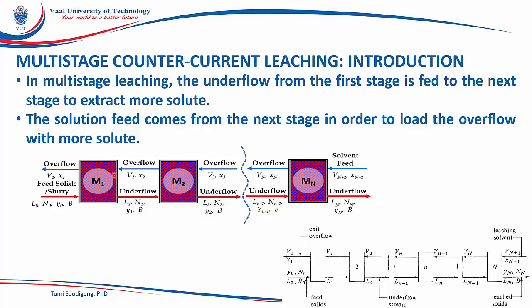The operating principle of countercurrent multi-stage operation is to maximize extraction potential across the stages by contacting the exhausted underflow with fresh solvent, and at the same time contacting the loaded solvent with fresh solids. This is the same operating principle that is used in optimizing the driving temperature difference in countercurrent heat exchangers. If you remember, in countercurrent heat exchangers, we are always trying to maximize the delta T between the two streams. A flow diagram of a countercurrent multi-stage leaching process is shown here in this figure,